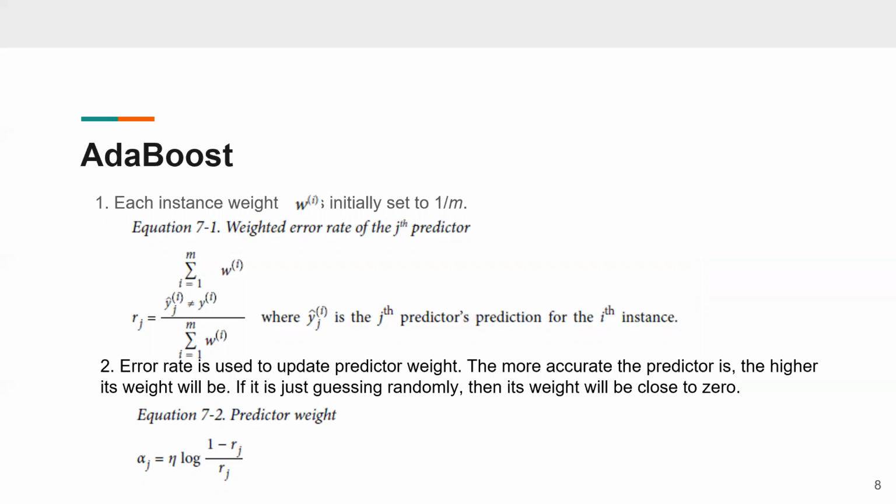So initially, each instance or observation's weight, Wi, specifically for the ith observation, is set to 1 over m. If you have m observations, it is 1 over m, equally distributed as each individual observation's weight. And then for the jth predictor, which is essentially one model,